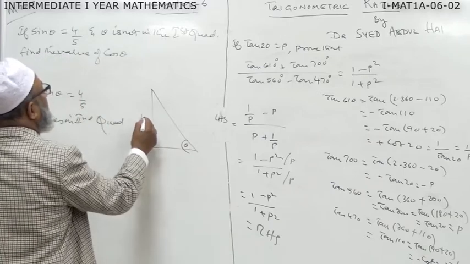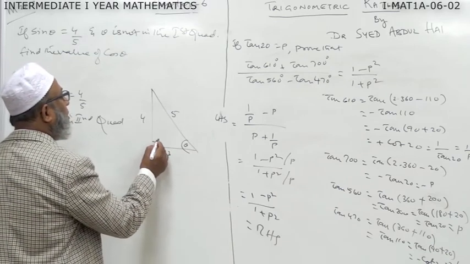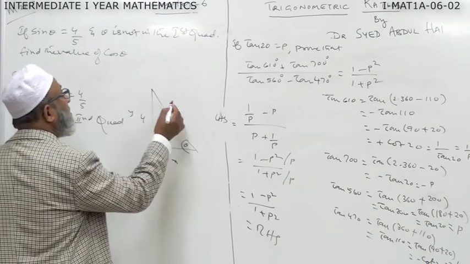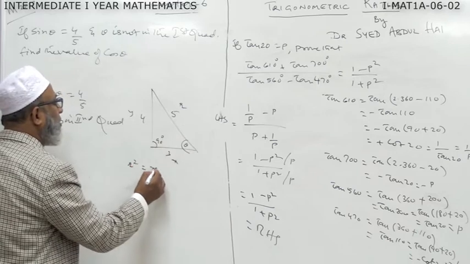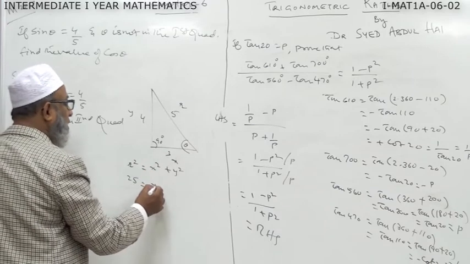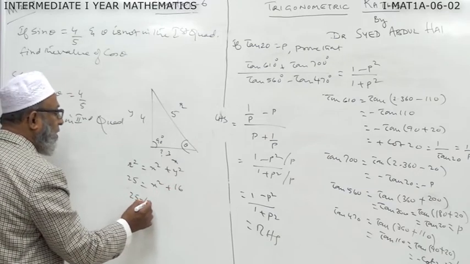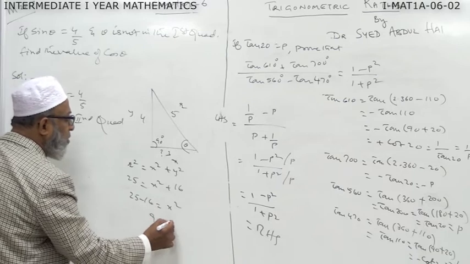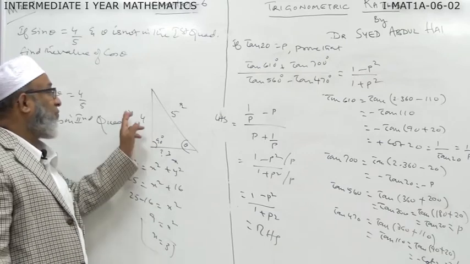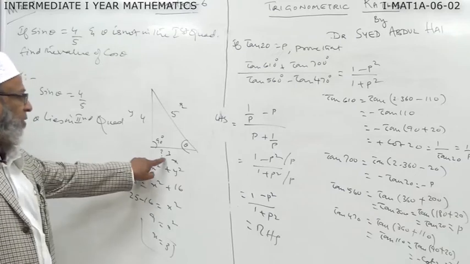Sin theta is y by r. So this will be 3. How? You have to use the Pythagoras theorem. This is x, this is y, this is r. We know that r square is equal to x square plus y square. R square is nothing but 25, y square is 16. So 25 minus 16 is equal to x square. 9 is equal to x square. Therefore, x is equal to 3. You have to remember some of the triples: 3, 4, 5, 5, 12, 13, and so on. Isn't it? So this value I got as 3.